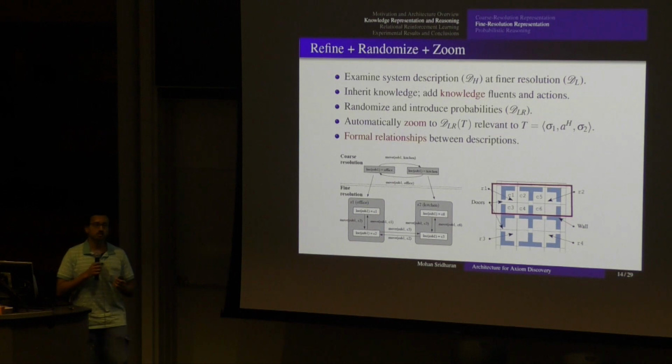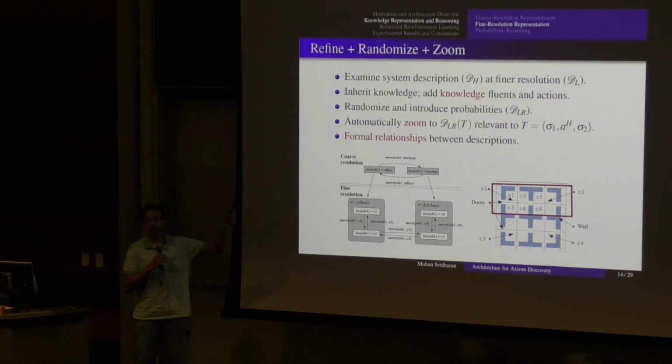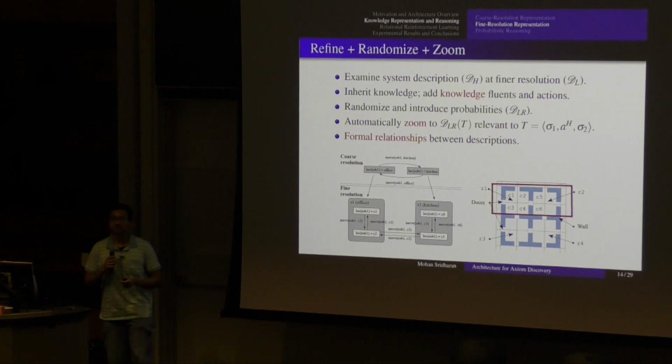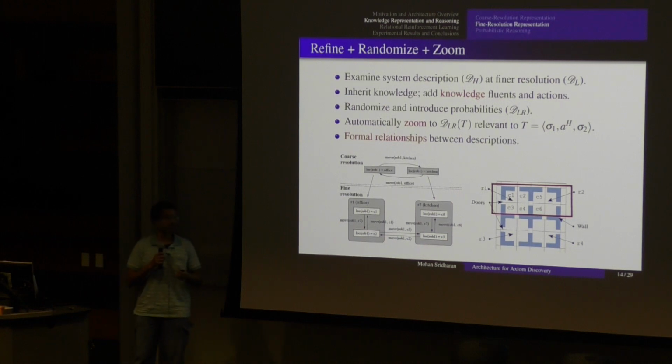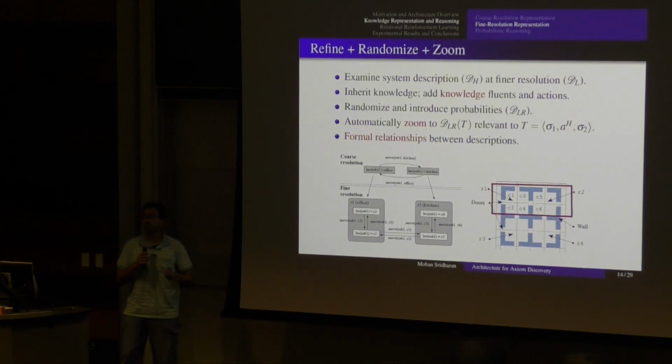Now the other thing, of course, is that for any given abstract action I want to execute, let's say the robot wants to go from the office to the kitchen, it doesn't have to care about everything else in the world. So it doesn't have to reason about the whole world probabilistically at fine resolution, because that would be computationally too expensive. So what we also provide is for the robot to automatically zoom, and that is what this red rectangle is trying to show, to the part or subset of the space where it has to reason.